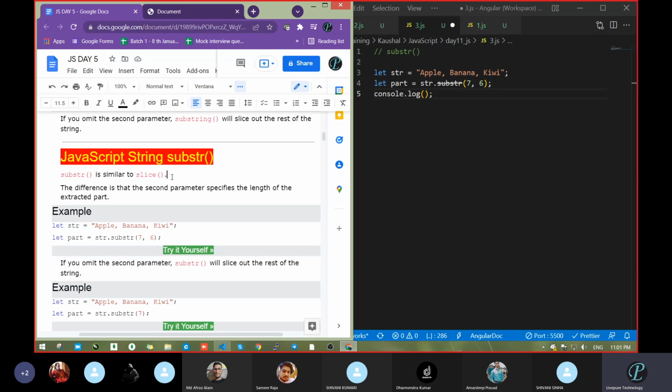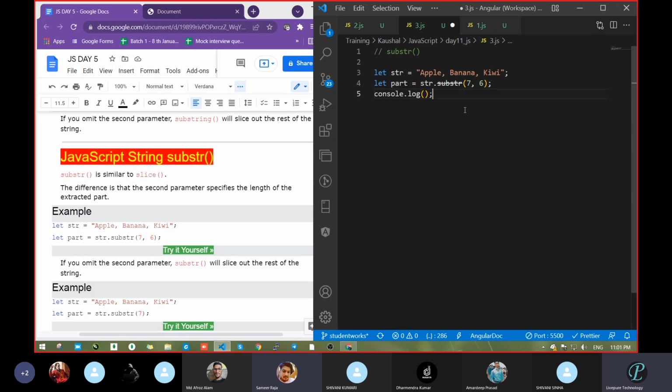Okay, so in the case of substr, the difference is that the second parameter specifies the length of the extracted part. Previously, with the slice method, what was the second parameter taking? In the case of slice, what was the second parameter?